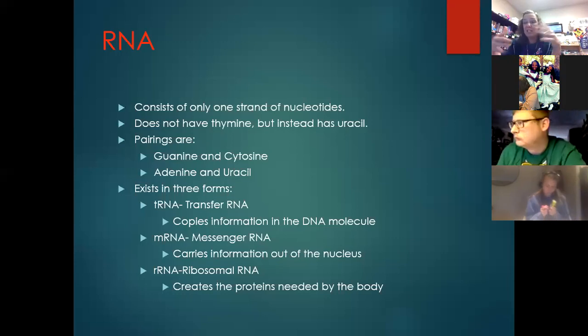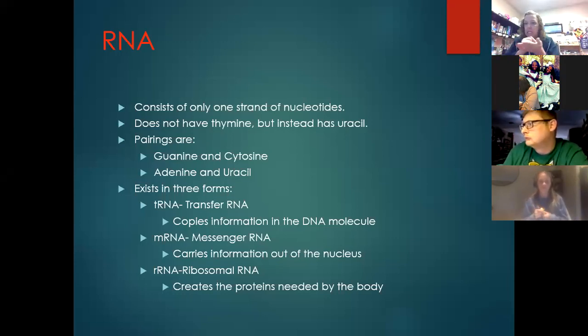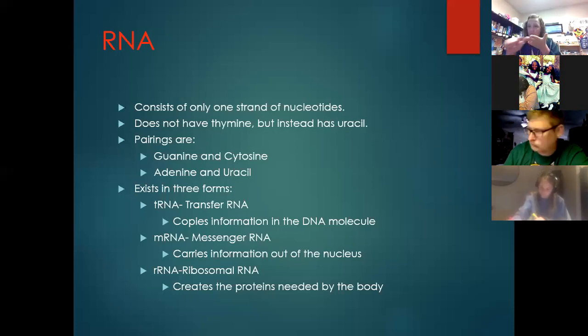Technically what he does is he just verbalizes the recipe, and he's got his little RNA servant to write it down. That's called transfer. He's transferring the ingredients onto another location. Then the recipe and the order leaves the nucleus by a messenger. This is known as messenger RNA. And he's going to take the message out of the castle to the people who can facilitate the order.